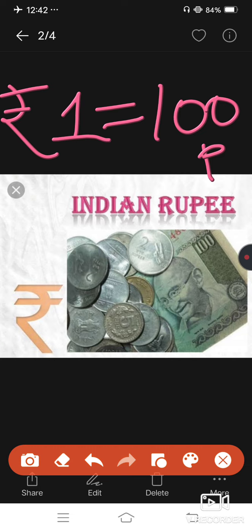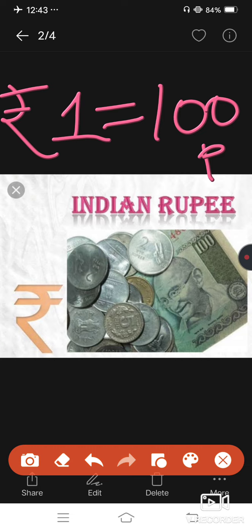In previous video I told you if I have 1 rupee, that means I have 100 paise. If I have a 1 rupee coin, that means I have 100 paise. Clear? So as we know 1 rupee is equal to 100 paise, when we are talking about 2 rupees, we have to just multiply this 2 by 100. Okay? That is equal to 200 paise. So 2 rupees means 200 paise.